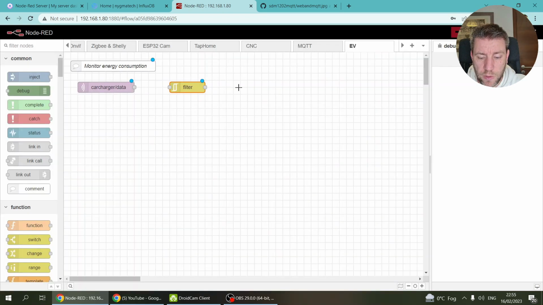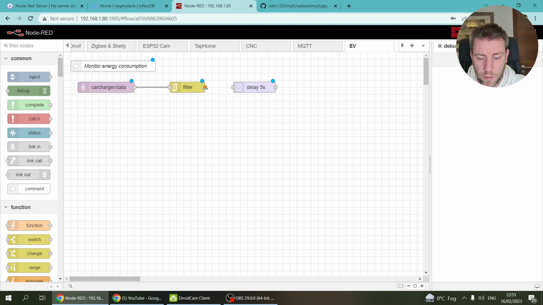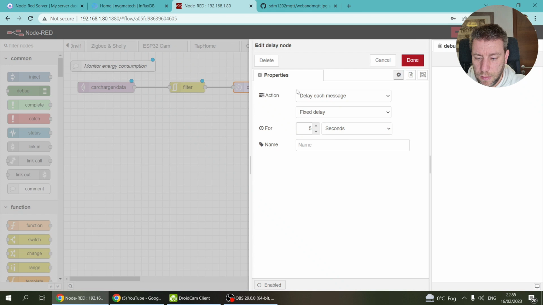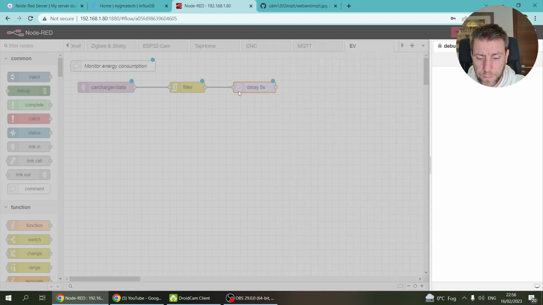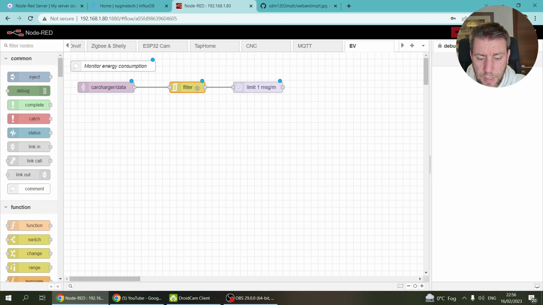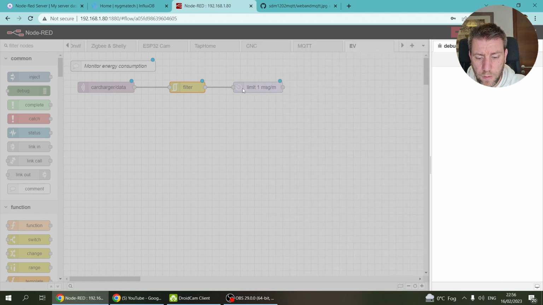And I think I'm also going to further filter on not to have more than one message per minute, because I just don't want more information to be saved. Okay, so for all messages, 1 message per minute. Queue immediate, no, drop intermediate messages. Okay, so that would be 1 per minute, and then changes in power. Okay,